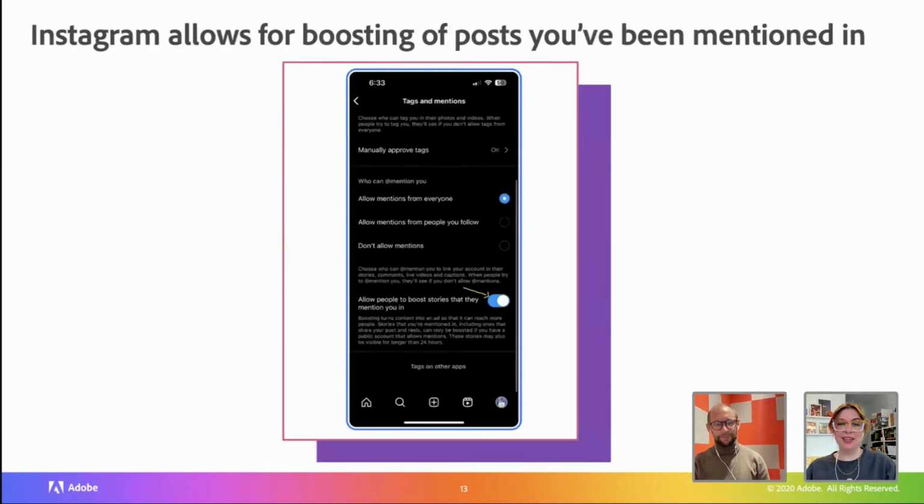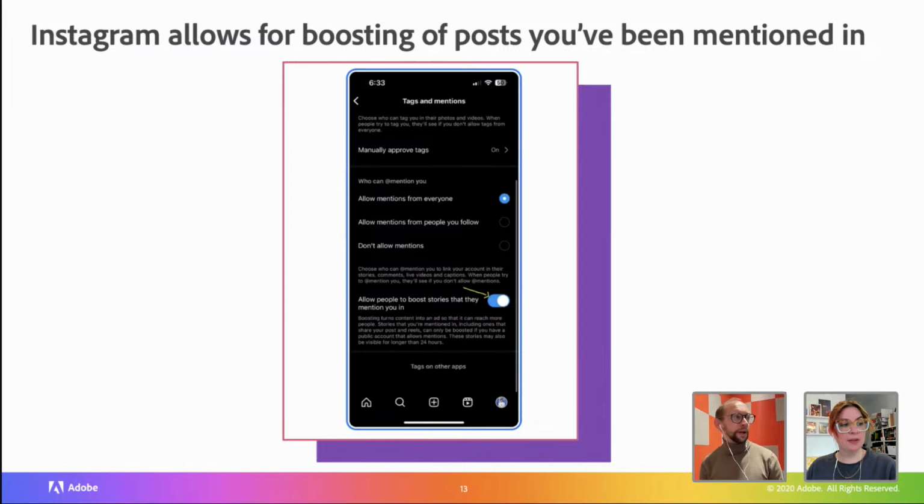That's very cool. This one you could be mixed on. So Insta now allows for boosting of posts you've been mentioned in. So if I mentioned Jordan in a post, we now have the opportunity to boost it. That's another good thing for collabs, as we were talking about, and working with others. It means they can go further, so people can boost it. Just one word of warning or caution here.